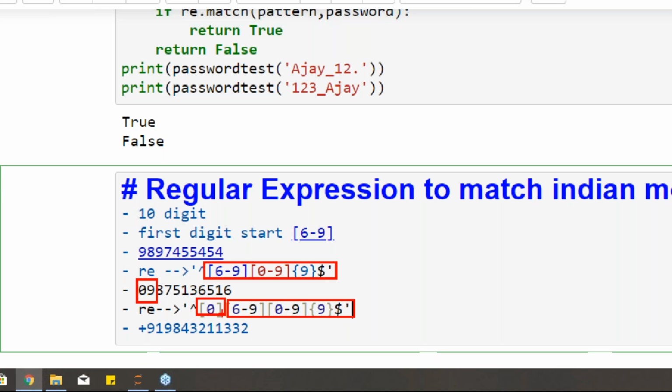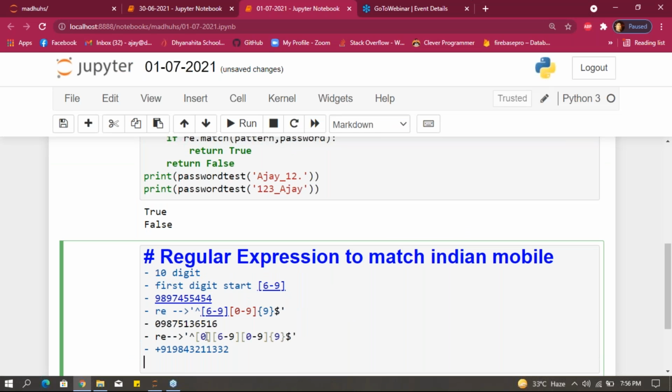Okay, guys. And next we have another type: a number that starts with +91. How can we do that? Same, guys. Give a plus symbol here. Next give 9, and next give 1.